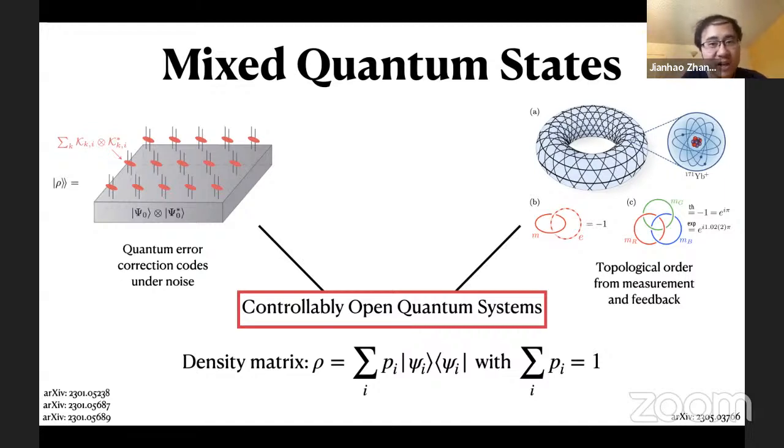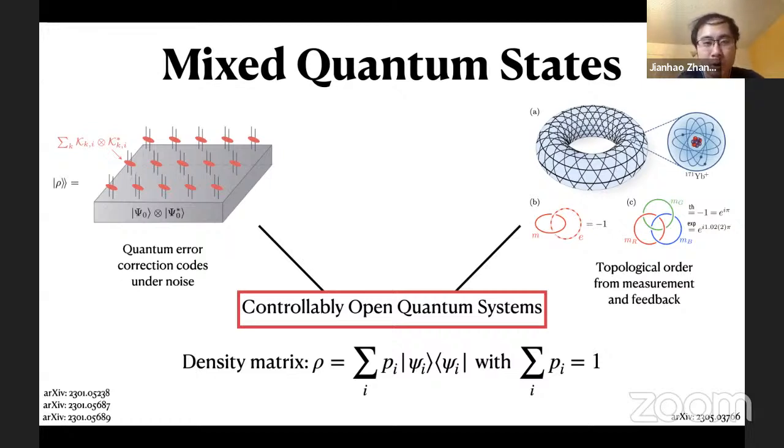So the sensitivity and the robustness against external noise of the quantum error correction code is pretty important, and the decodability of quantum error correction codes is one of the central issues for the quantum error correction problem. And the second motivation for investigating mixed states is that during the past few years,